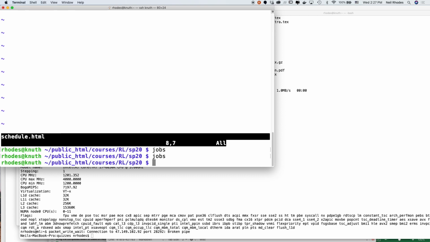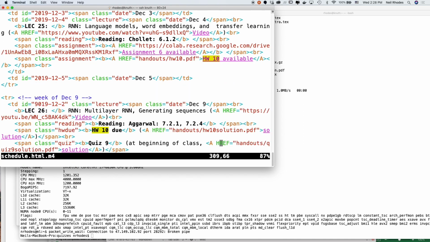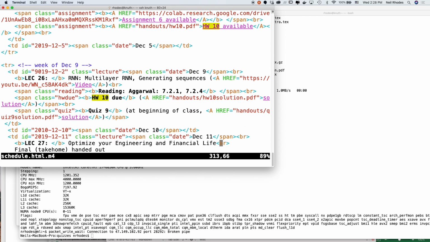I actually have two windows. This is one window, and this is my main window. I'm switching back and forth between these with Control-A-N. So here's my main window. And I ran make. And I have a job running, which is editing the schedule. So I go in here and I make changes to the schedule and I write it and I Control-Z and